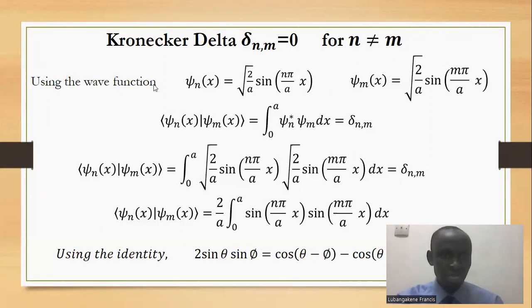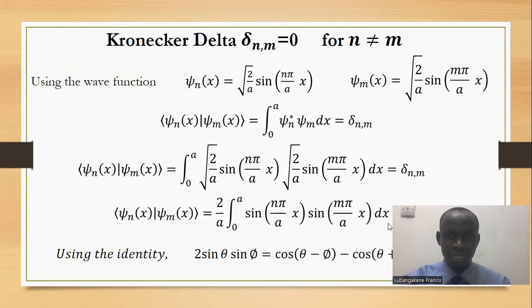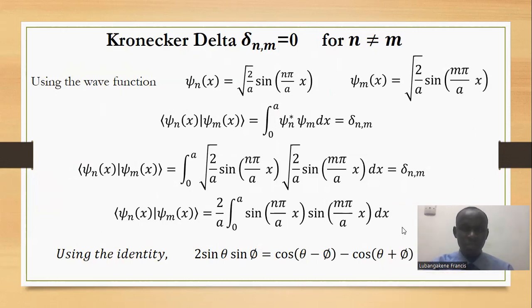So now when we use n equals to n, when we use this given wave function, for the next energy level the next function will be psi of m, where we shall have a change only in the m here. Therefore, the inner product of psi n and psi m will be this other one, which is giving us the Kronecker delta. Now, if this is the Kronecker delta, then we know that the Kronecker delta is